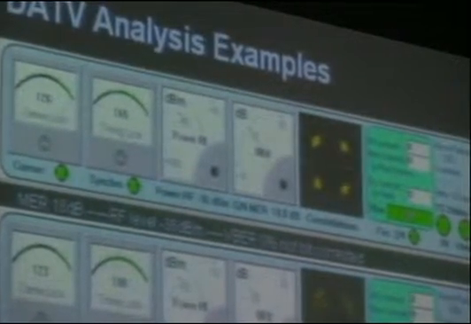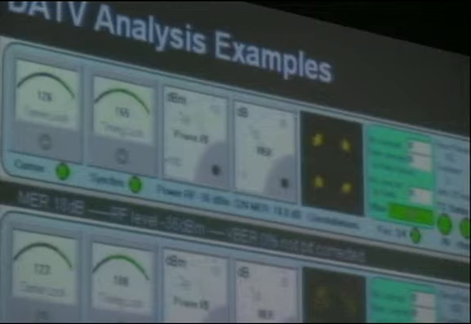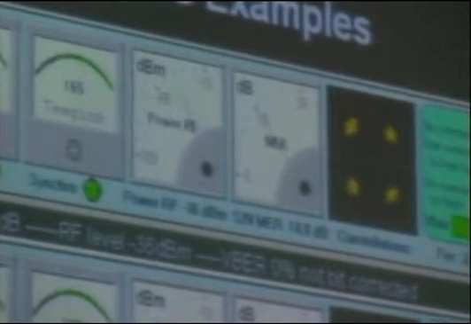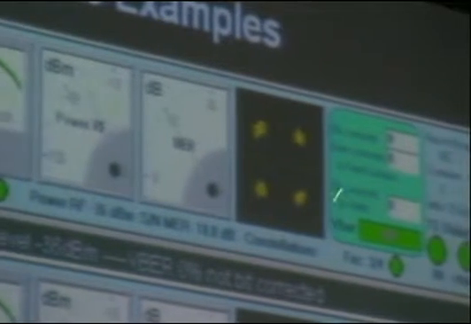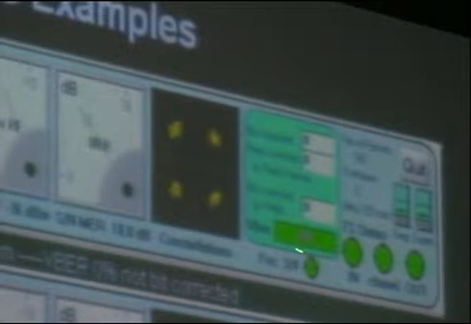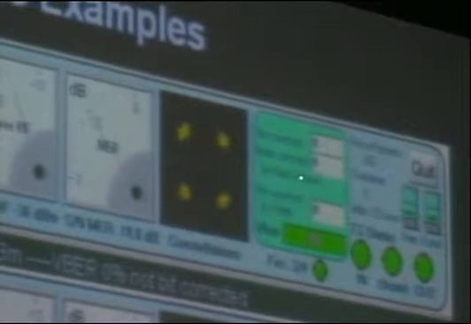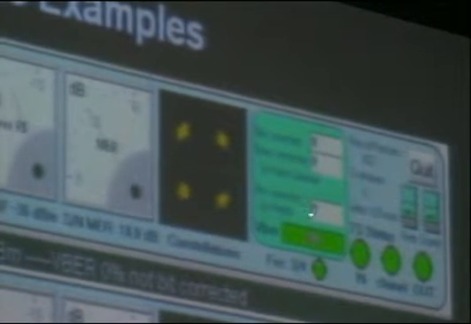The timing lock on the symbol rate. Second, the RF level, the MER,